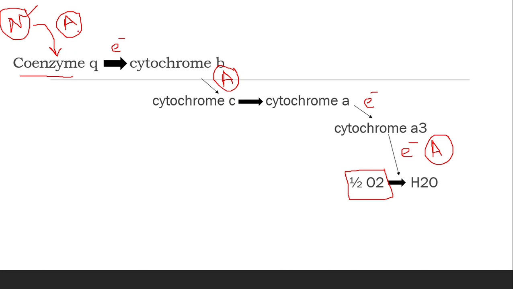So the first ATP is produced in the first step. The second ATP is produced when electrons are transmitted from cytochrome B towards cytochrome C, and the third ATP will be produced when the electrons are transmitted from the high energy cytochrome A3 molecule toward the lower energy half oxygen,